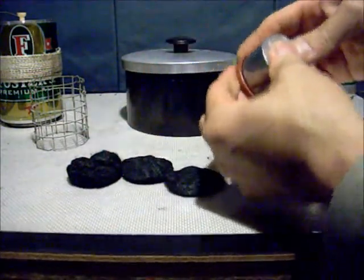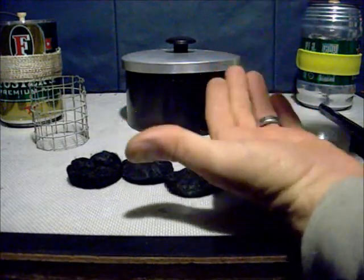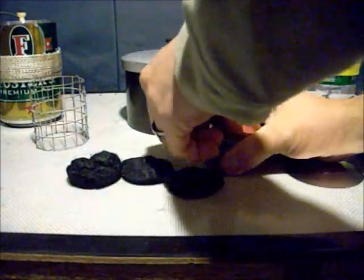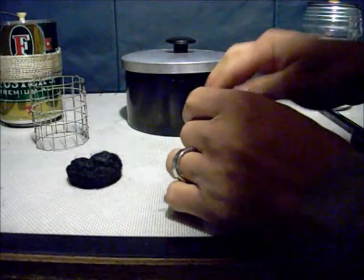I don't know. It's still... Alcohol's a pretty thin liquid. Now, it's still a little leaky, but I think that with the felt in there, because it's a pretty tight fit, with the felt in there, soaking most of that up...